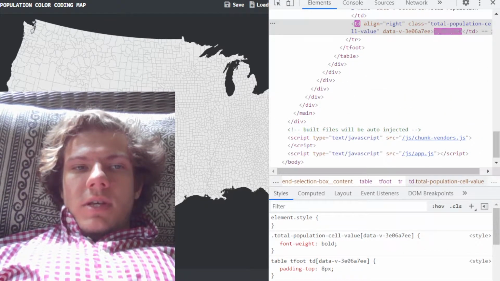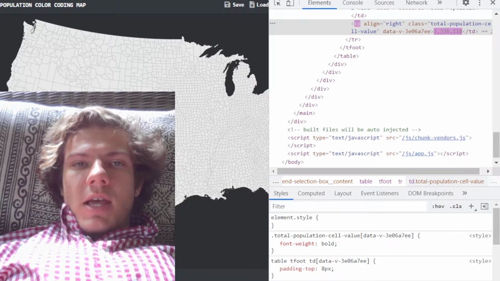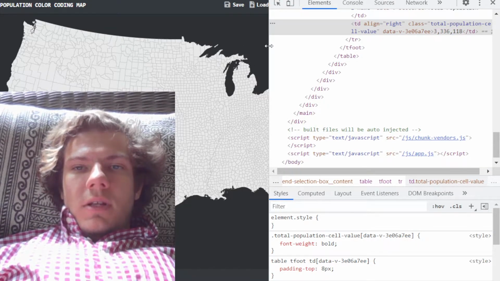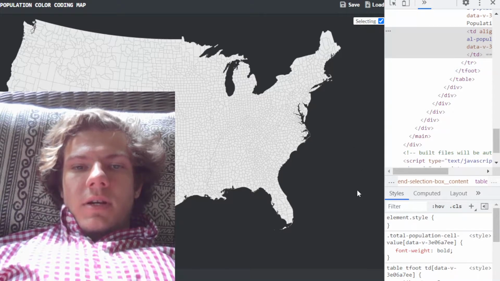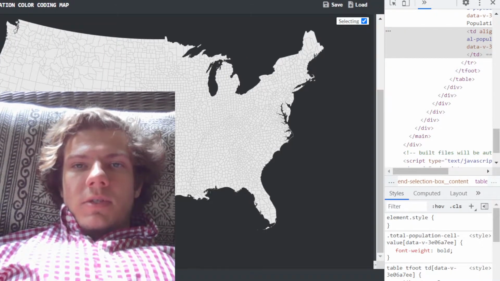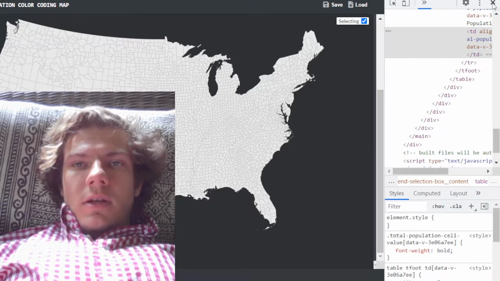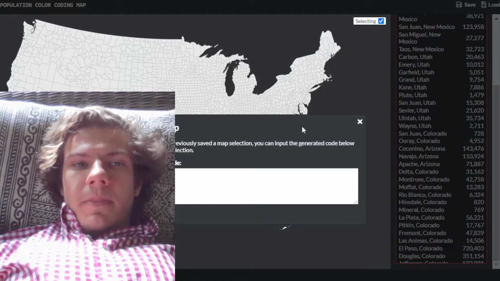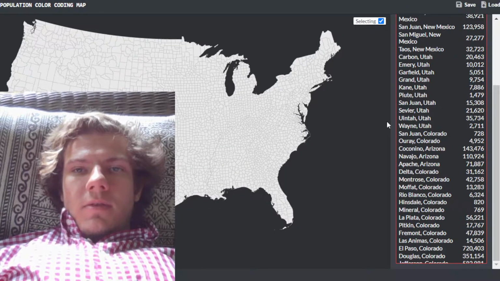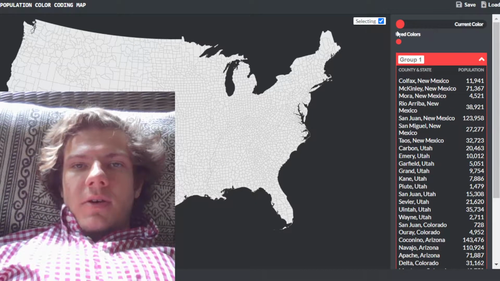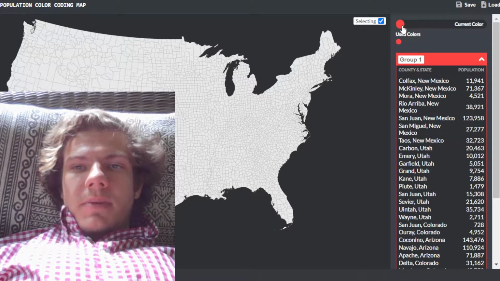So you can do this, and of course you can change this color. Let me exit out of my inspect element. Oh, I hit the wrong button. All right, so anyway, current color. If I click on this up here,